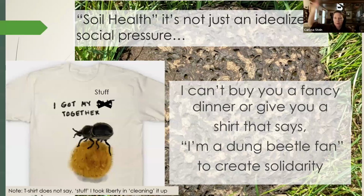This is way out there, but I remember thinking when I'd go to a farm to talk about soil health, I knew that this farmer just got dinner from a fertilizer company or from another representative, and who am I to come out and show them a shovel? But it's really, really important, and I do think that farmers are interested,